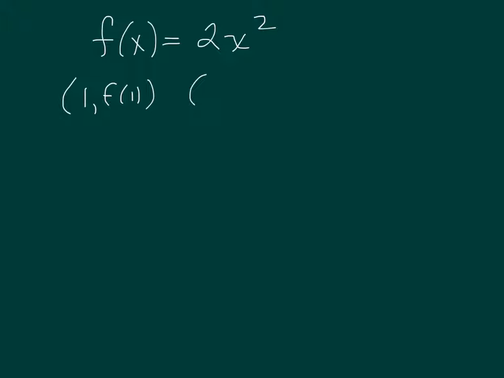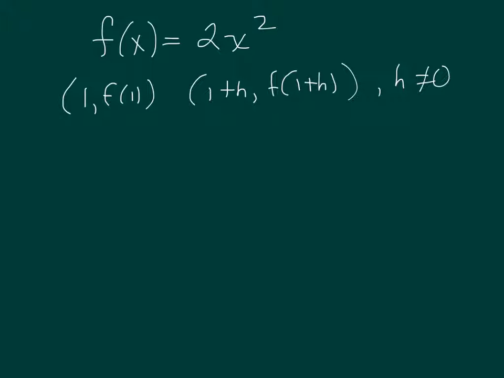All right, let's say we have this function f of x equals 2x squared, and the direction says to find the slope of the secant line through the points (1, f of 1) and (1 plus h, f of 1 plus h), where h cannot equal 0. Now this is just a weird way of saying that we're going to use our formula,